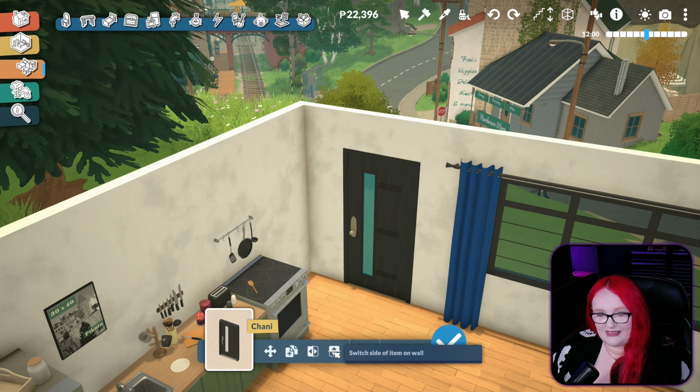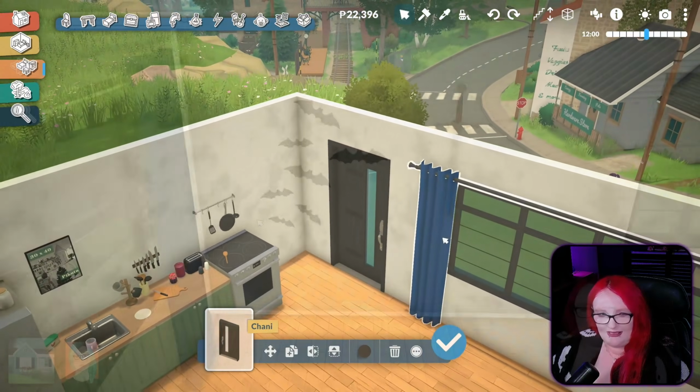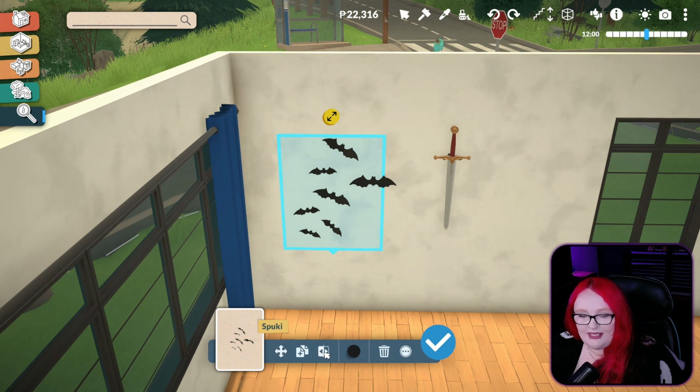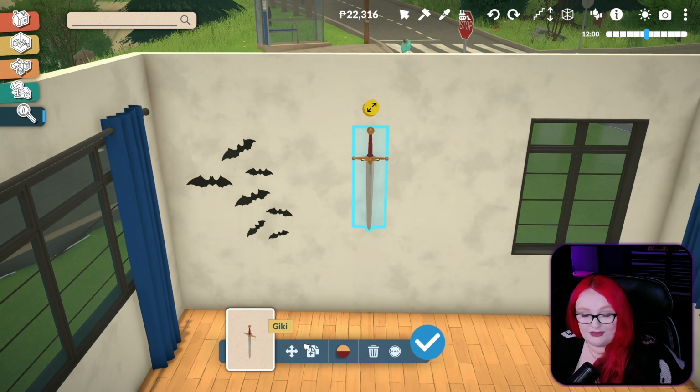We can also switch them to be on the other side of the wall. So that's like an inside and an outside. However, this doesn't work with every single item. So we have the bats here. They can be flipped because they're like a wall decoration, but things like the sword, in fact, don't actually have